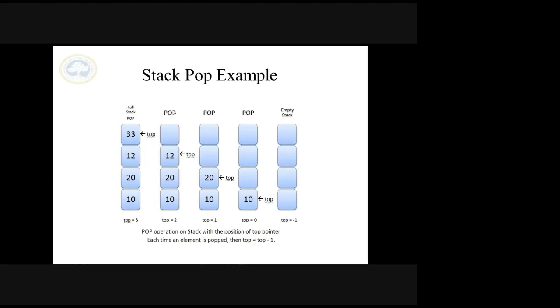That is not necessary to give. I will just call the pop function. That means automatically, by default, only your topmost element will be popped out, that is 33 will be popped out. Then again 12 comes, and 12 is popped out. So top will decrement, 3 minus 1, top minus 1, so it will come to the second one.